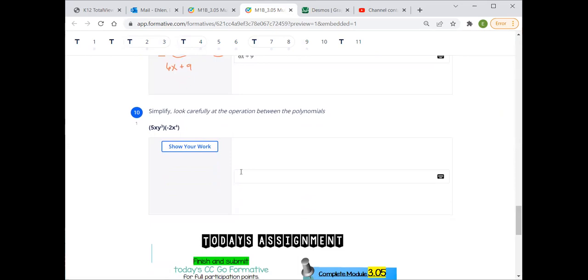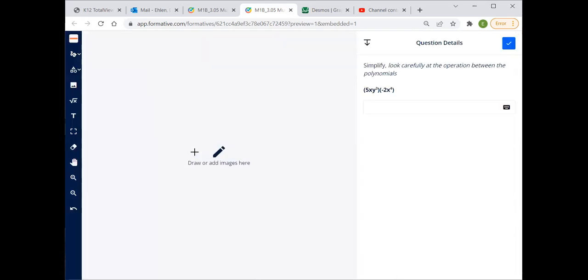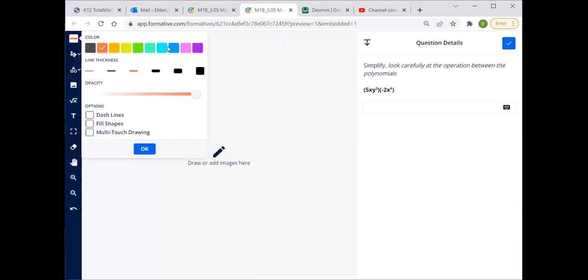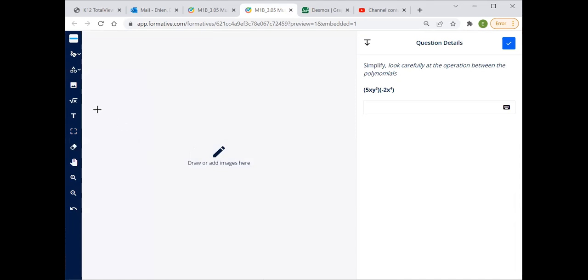Last one here for you guys today is a multiplication one, and this is multiplying 2 monomials. So think if you can think back to your skills from Monday. And I don't think this is going to copyright, so I'm just going to go ahead and write it. So we have 5xy to the third, negative 2x to the fourth. So remember, guys, we want to